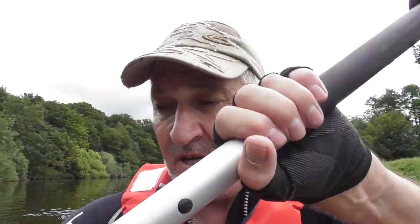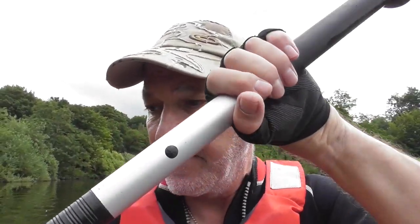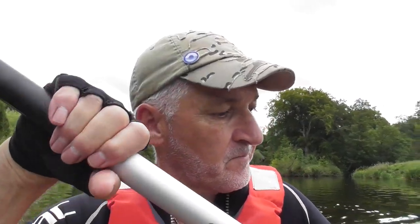So I'm now on the River Ure. The River Ure starts off up in the Yorkshire Dales and wends its way down Wensleydale, and it goes towards Ripon. Then it goes past Boroughbridge,